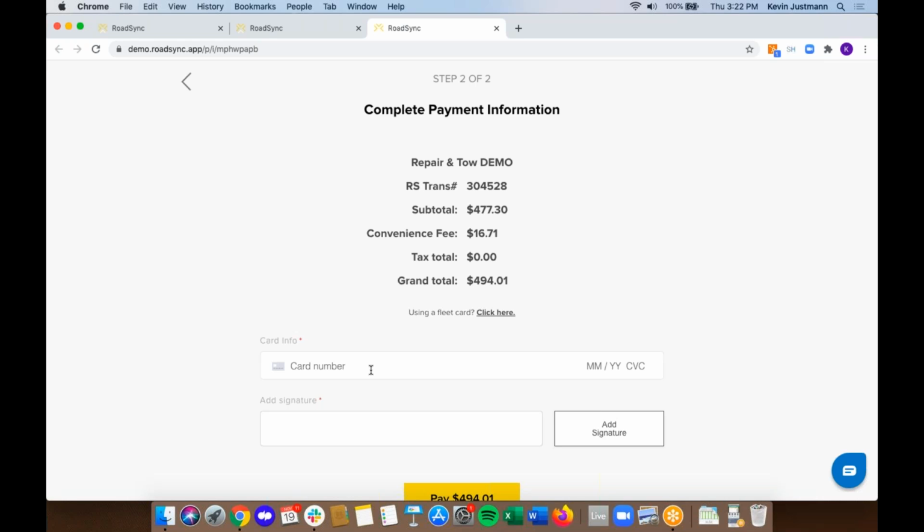So the third most common, or one of the other most common rationales for disputing a charge is, as I mentioned with the phone number or credit card number over the phone, is, hey, that's my card number, but I did not authorize that transaction. I am not paying for it. We now are able to